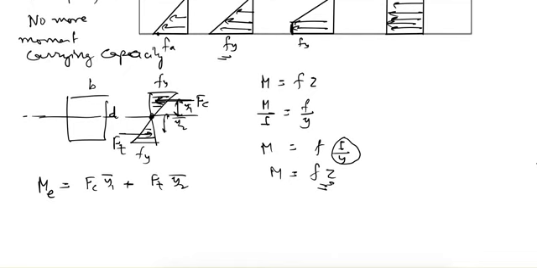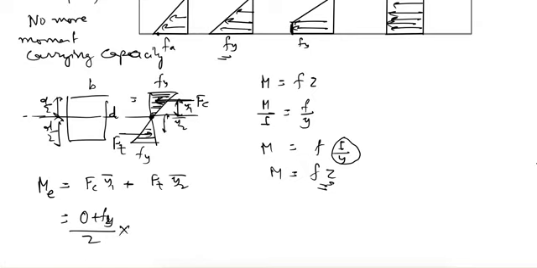Now if we are talking about a rectangular beam, this depth will be d by 2 here, and similarly this is d by 2, and this stress distribution is triangular. So what will be the force? Force is stress times area. What is the average stress if we are talking about the compression part? The average stress is 0 plus Fy upon 2, multiplied by the area.